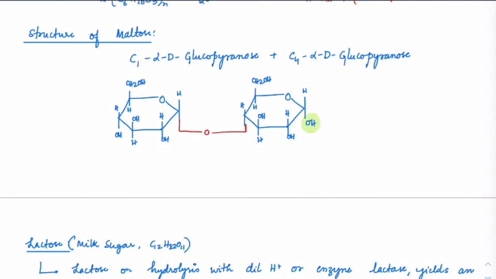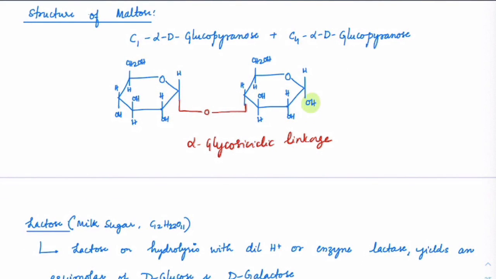Okay, got this. So we have alpha. Because it is alpha and alpha, we don't have to write alpha two times. We simply write it as alpha glycosidic linkage, which was established here. Is it a reducing sugar or a non-reducing sugar? That is the next question.